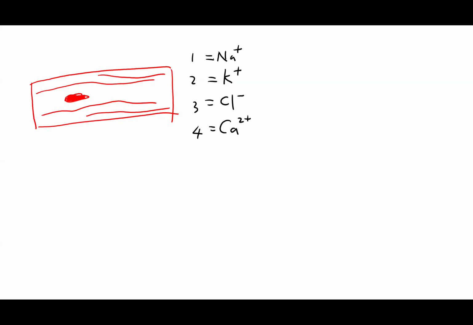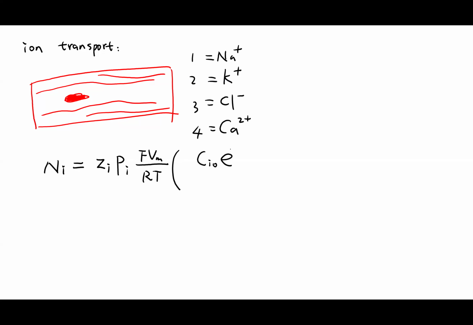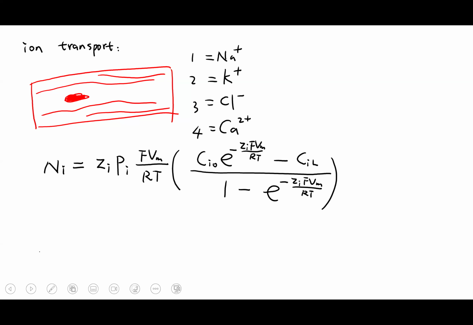And based on what we learned for the flux, the ion transport, the flux for any ion is equal to Zi, the native charge of the ion, times the permeability of the ion, times FVm over RT, times the ion concentration on one side times e to the power of Zi FVm over RT, minus Ci on the other side, over 1 minus e to the power of Zi FVm over RT. Okay? So here, if we define